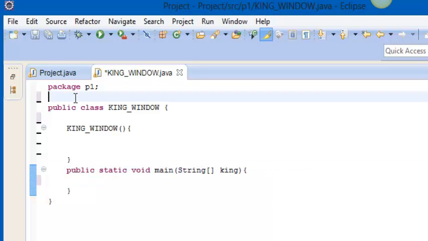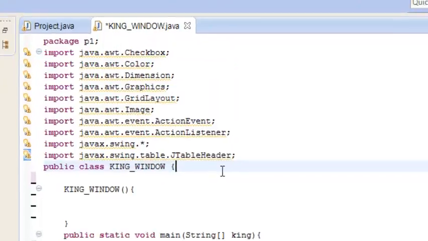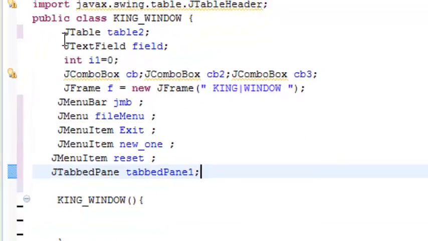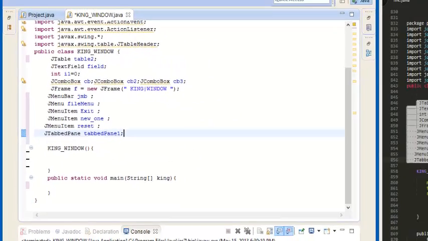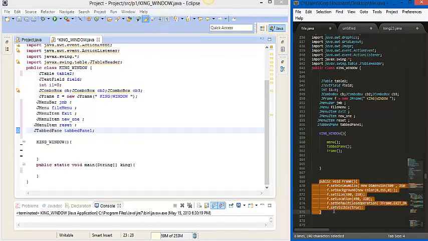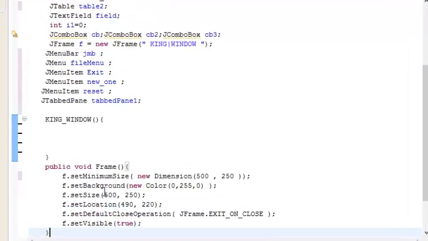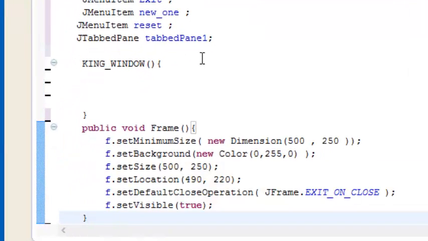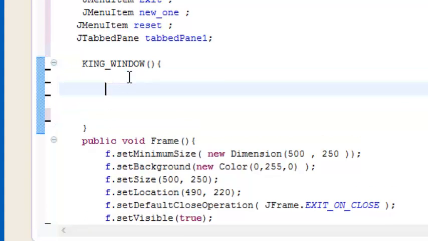And first we need to import some libraries, plus we need to use some variables from all the types that we talked about before: GLabel, GTextField, Integer, GComboBox, and GFrame, GMenu, and GMenuItem, and GTabbedPane. And also we need to create a method, call it frame, to set the default close operation, and also to set the size and make our application visible. And typing here frame,